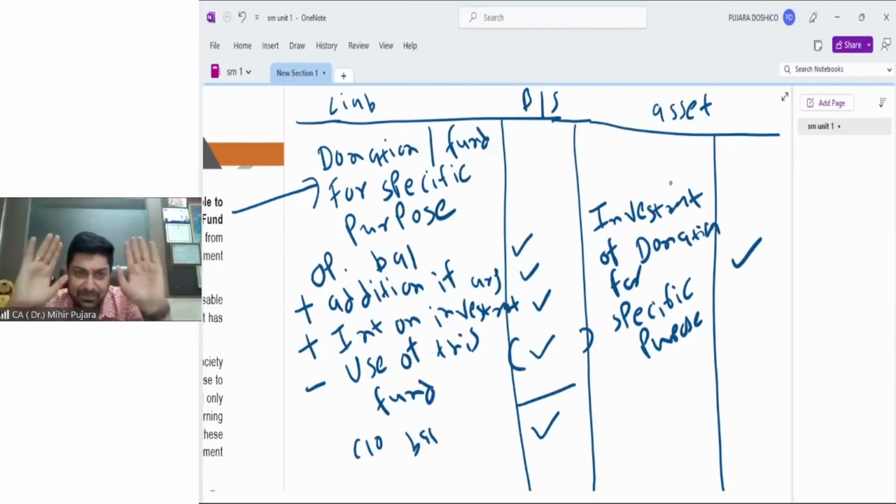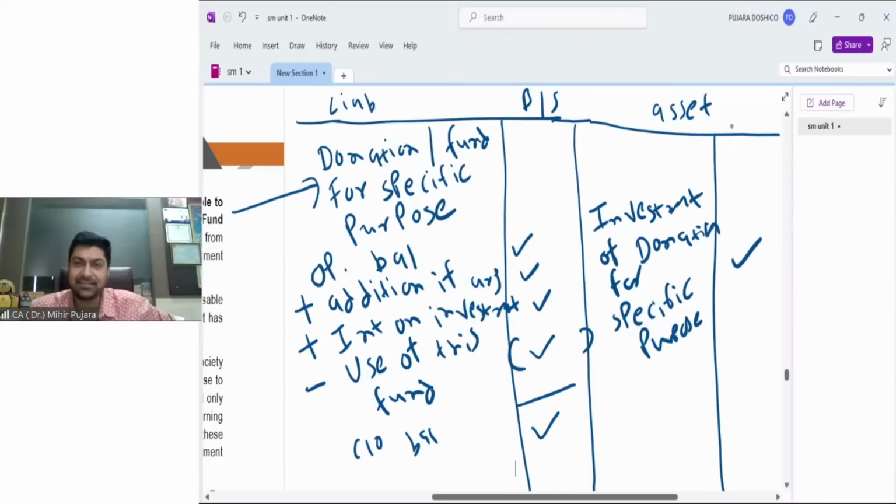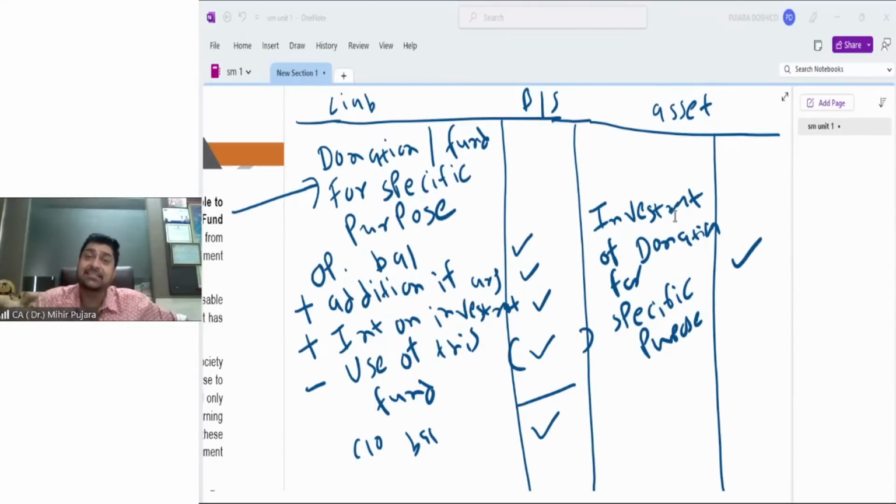ओके, सो दिस इज पार्ट ऑफ बैलेंस शीट। यहां तक की कहानी खत्म हुई गाइस? इज इट क्लियर? कैन आई से वन मोर एंड फाइनल सेंटेंस ऑफ दिस पॉइंट? यहां तक क्लियर है तो आगे बढ़ें। सो व्हेन डोनेशन फॉर स्पेसिफिक पर्पस, all the income of that donation plus all the expense of donation are adjusted in balance sheet only। ठीक है,